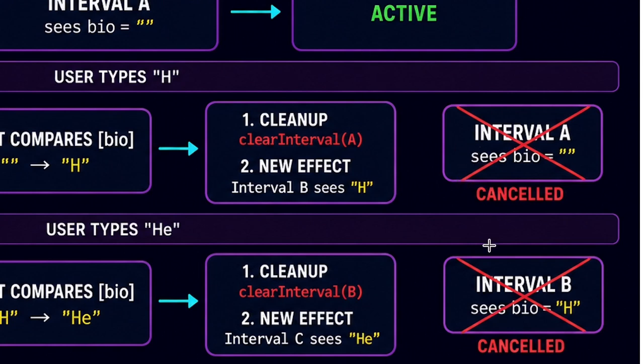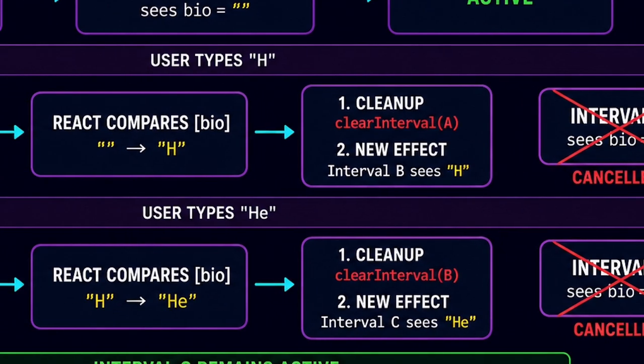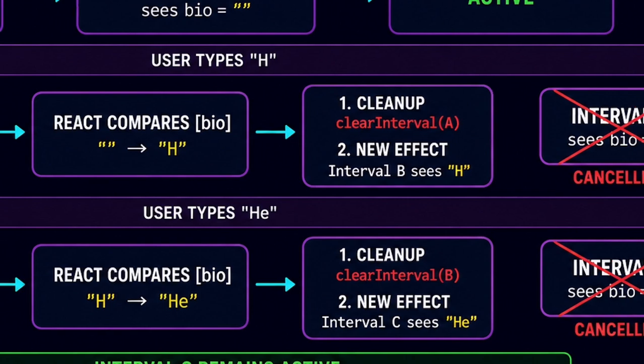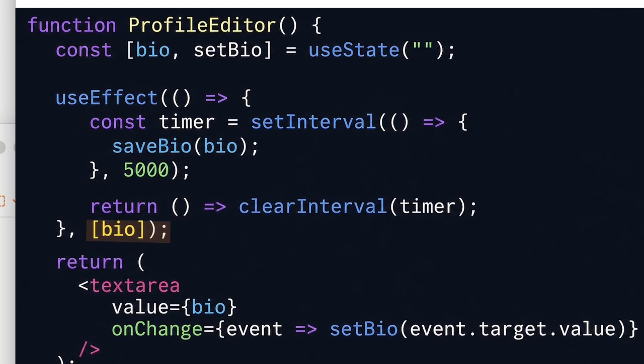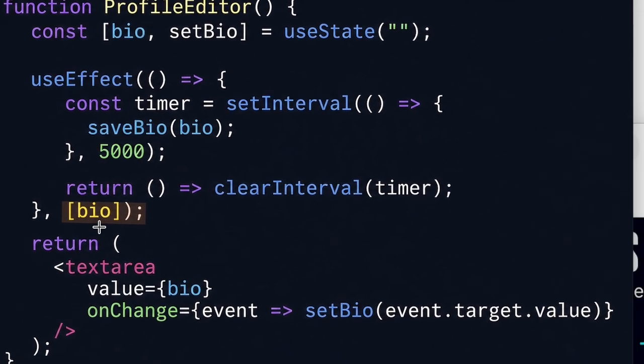Since there's no lingering interval after the user stops typing, the correct value from the latest closure will be saved to the database. So this is how we prevent the stale closure bug. In that case, this is the correct implementation. We need to specify a dependency that the render is